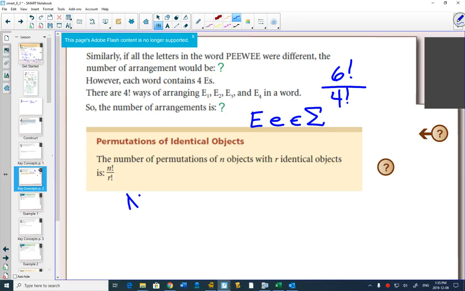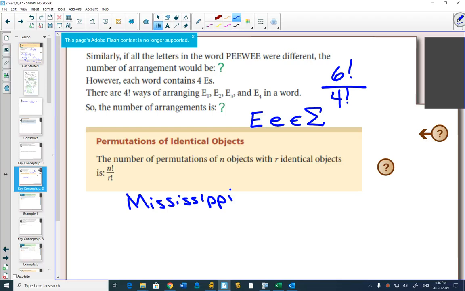I sometimes call these questions like Mississippi, right? It seems to be the favorite word that everybody spells in elementary school. Do you remember doing that? I know how to spell it. Maybe not. But in Mississippi, normally if all the letters would be different, so these types of identical